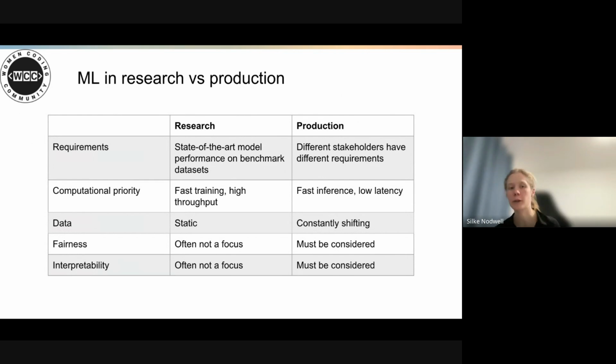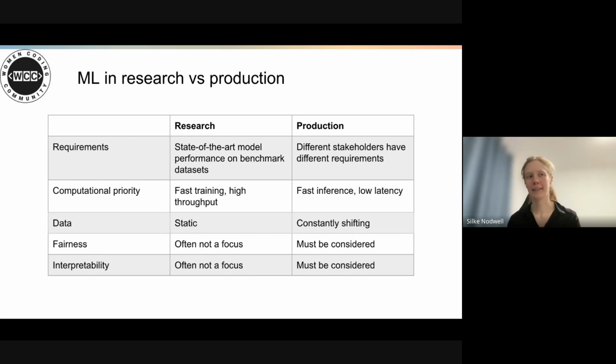Chip Huyen, and the book as well, also talks about machine learning in research versus production. I think it's very interesting to think about the different requirements. In research, you're often just looking for state-of-the-art model performance on benchmark data sets. So if you can get from 94 to 95% accuracy, then that's amazing.